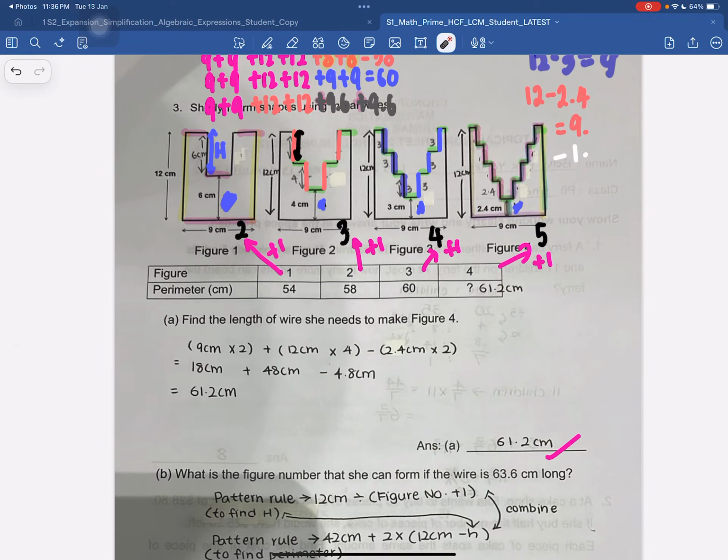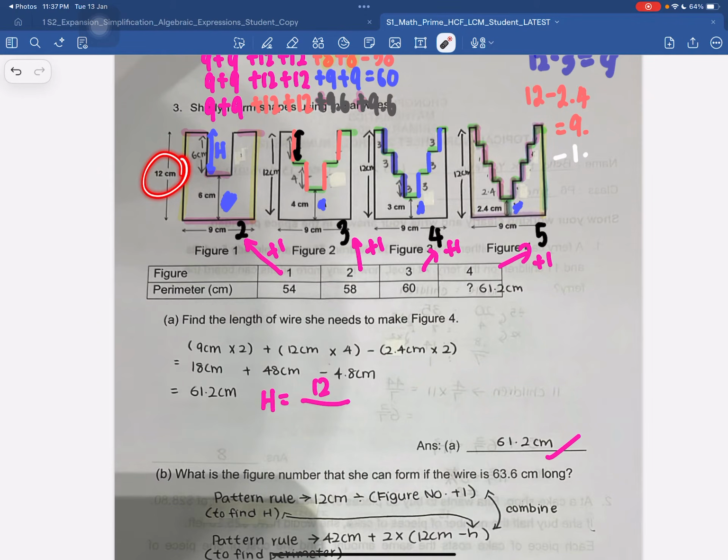And then, instead of using H here, I'm not going to use H here. H is always going to be the one that I cut up. For example, in this case, H is here. In this case, my H will be different from this, it will be this one. And in this case, my H will be this one. And to be able to form a formula for my H, I will take 12 divided by